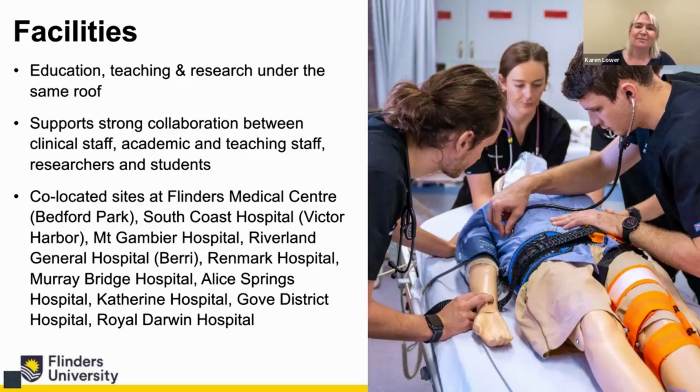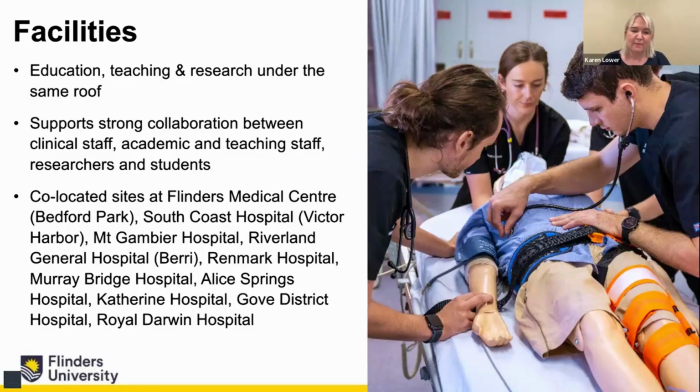And you can see there's some other places there which may not mean much to you at the moment, but basically they're the names of the hospitals and the clinical locations where our teaching occurs right throughout regional and metropolitan South Australia and right through that central corridor into the Northern Territory. So again, it's one of the hallmarks of our program, and it really is what sets us apart from other